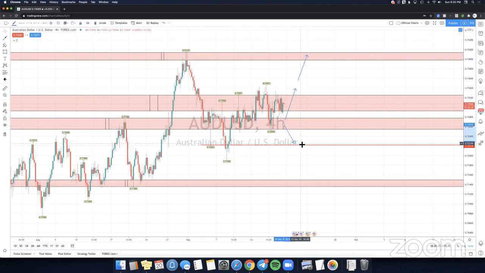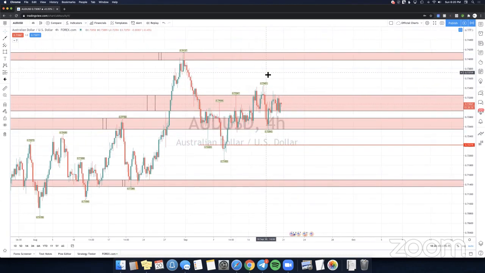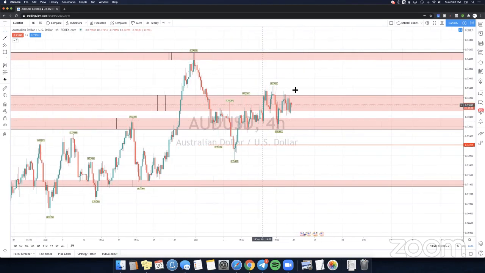It's nearly impossible to really predict the market, because the market could be going your way, and then the institutions could just push it wherever they want to go. So it's just too risky to trade it that way. If you want to be a risky trader, you're more than welcome to scalp within these zones, but